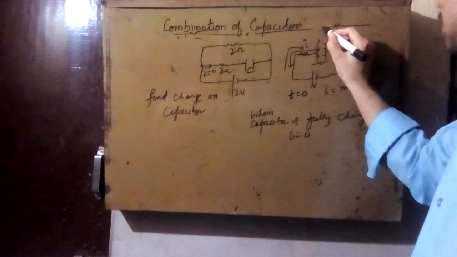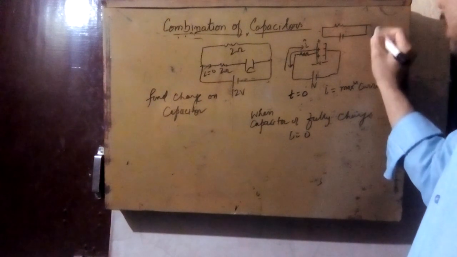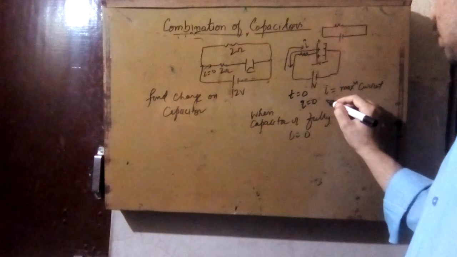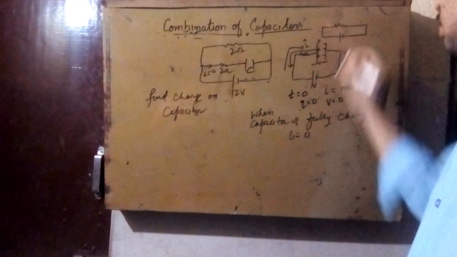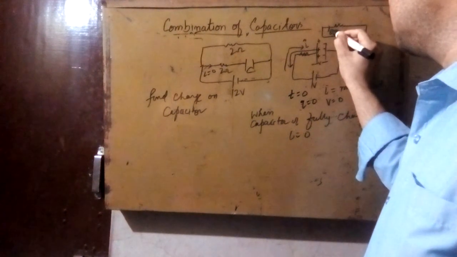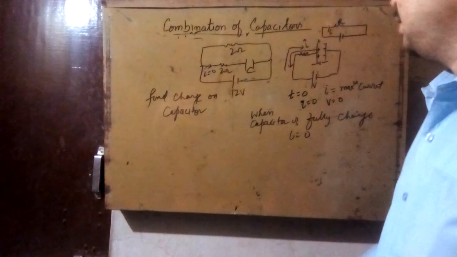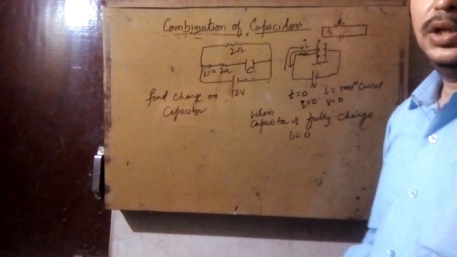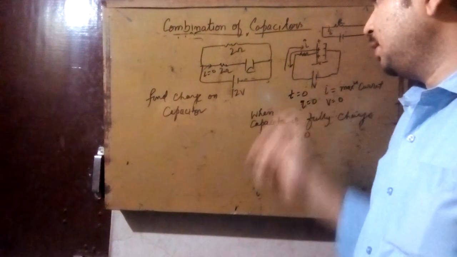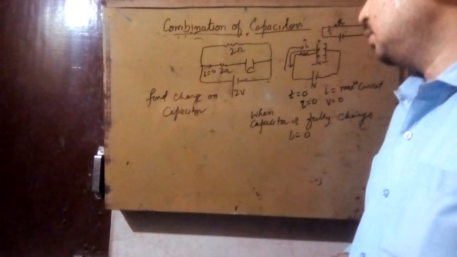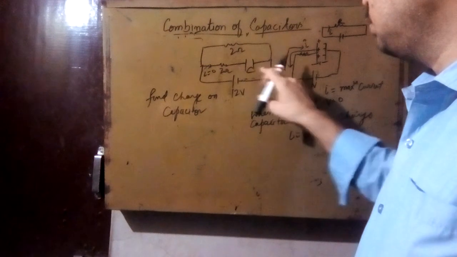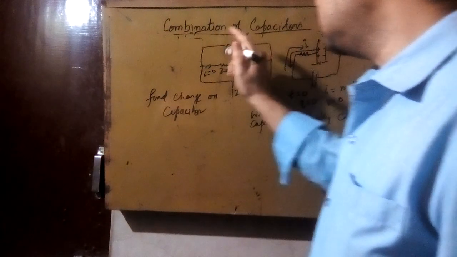This is the resistance, there is no use of the capacitor. Across the capacitor at t = 0, Q = 0. So V, that is Q by C, is also 0. No potential drop. So whatever potential drop is here, that will come across the resistor, that is equal to I into R. So two states are there. Generally the question is asked for steady state when the capacitor is fully charged. So you can see, student, when this is fully charged, no current is entering through this. So all the current will pass through this.